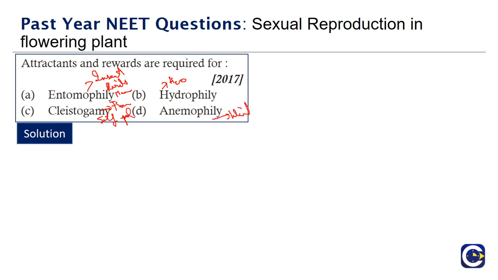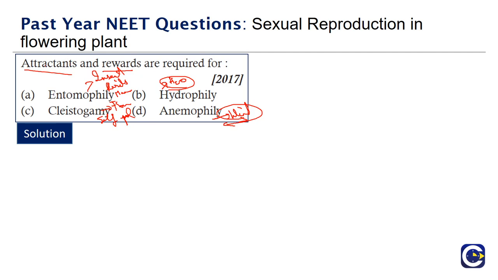So, by logic, attractants and rewards: for water pollination, there is no requirement of attractants or rewards. For wind pollination also, there is no requirement. For cleistogamy, there is not even any external pollinating agent. Only in entomophily, insects and birds and mammals have to come again to the flower. So in order to attract them again to the same flower so that pollination can occur, there is an attractant